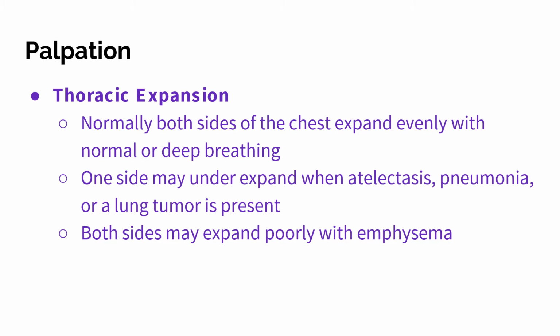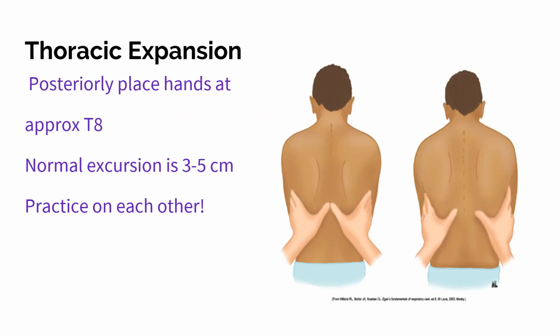Okay, both sides might expand poorly with emphysema because, again, their diaphragm doesn't function as well, and so you're not going to see as much movement. So what you really do is, and this is why we're going to go back in the classroom on the 10th to practice some of this stuff. And if you want to, I advise you to try doing it at home with a family member or friend. So you place both of your hands at approximately T8, right below the scapula,